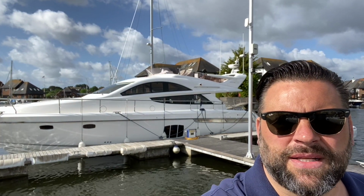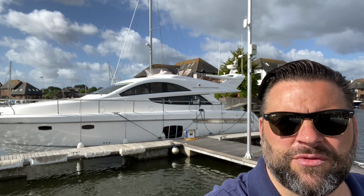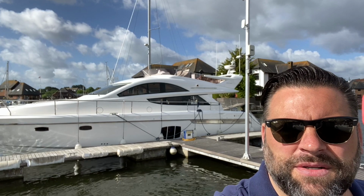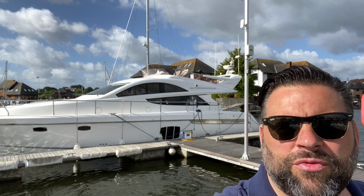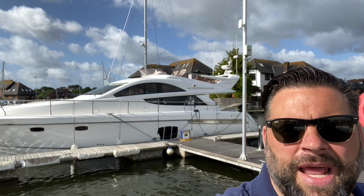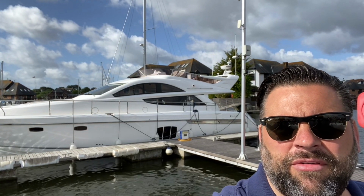This morning we're down in sunny Southampton to look at the Fairline Phantom 48 that we have for sale from 2008. This boat is in excellent condition and we're just going to do a short walkthrough video so that you can get a good idea of the condition and the layout of this lovely looking Fairline Phantom